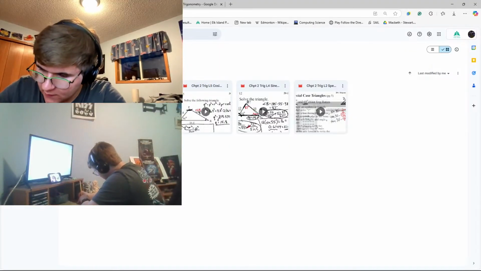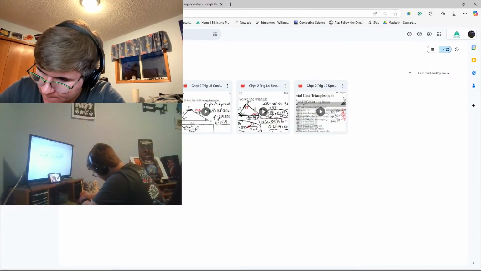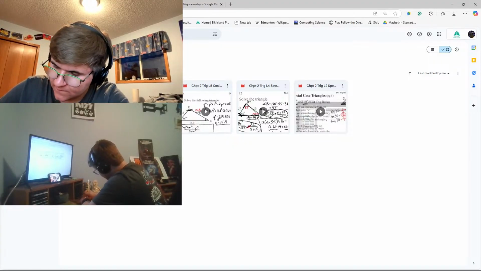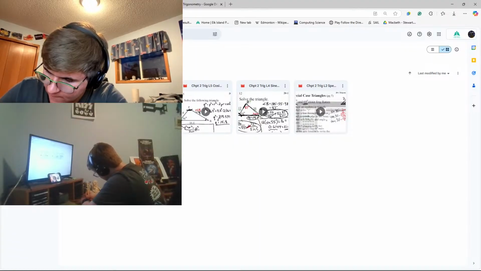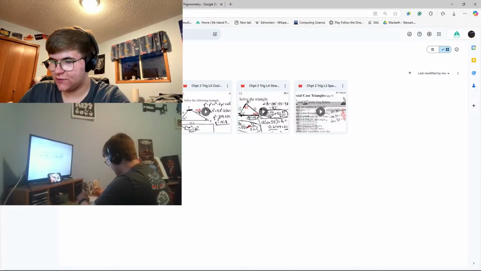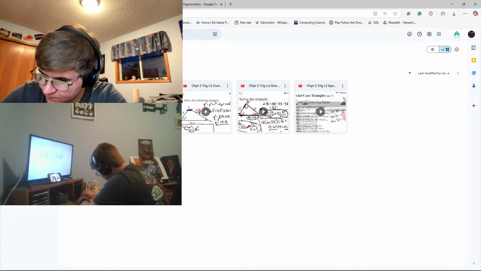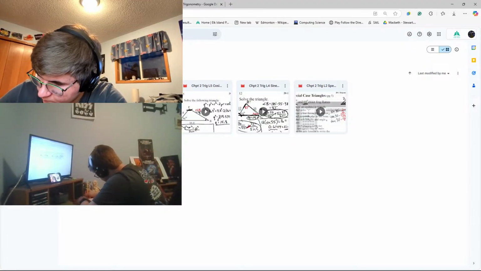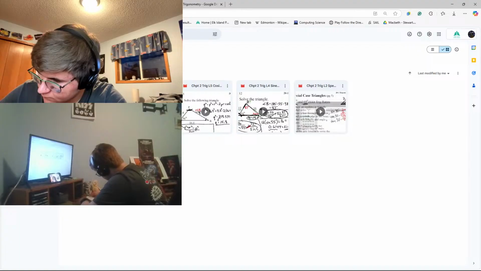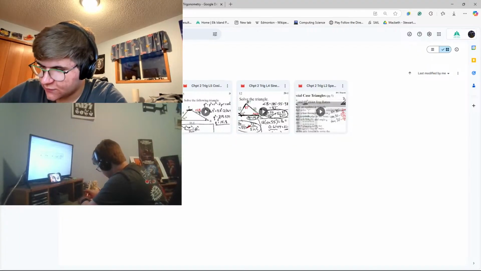Give it. See if I can do the special triangles all by myself. So this is an equilateral triangle. All sides are 2 long. Each of them are 2 long. So now, what we're going to do is put a line down the middle, and it's going to become 1 by 2. And since this is 2,